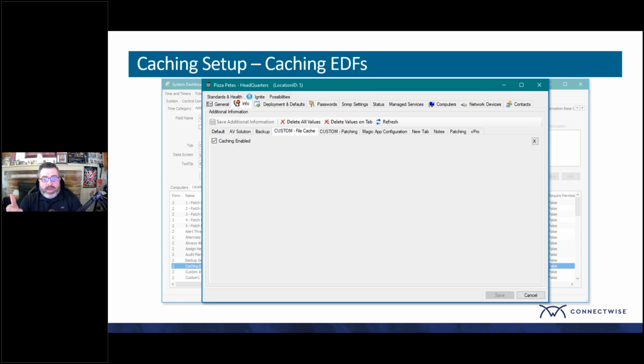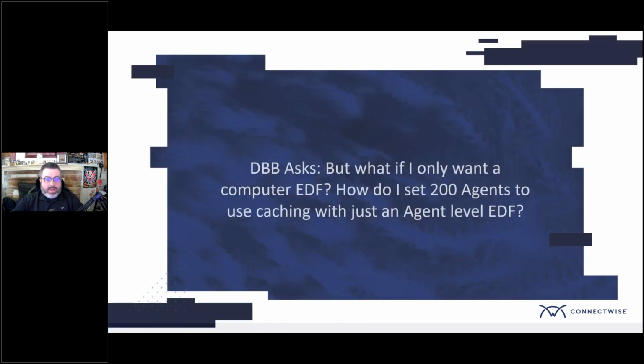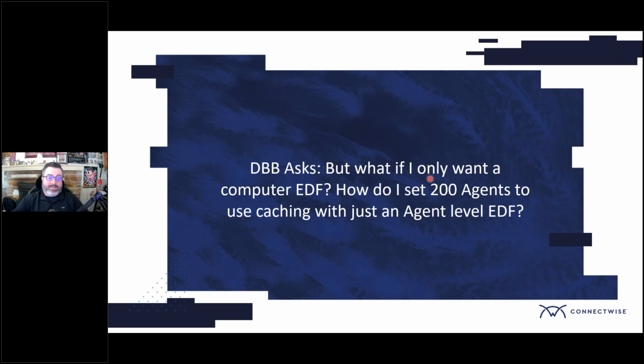But if we don't want to do that, DVB also had a question. What if I only want a computer EDF? Because, hey, sometimes people are lazy. They only want to set up one EDF. So how do I set 200 agents to use caching with just an agent level EDF